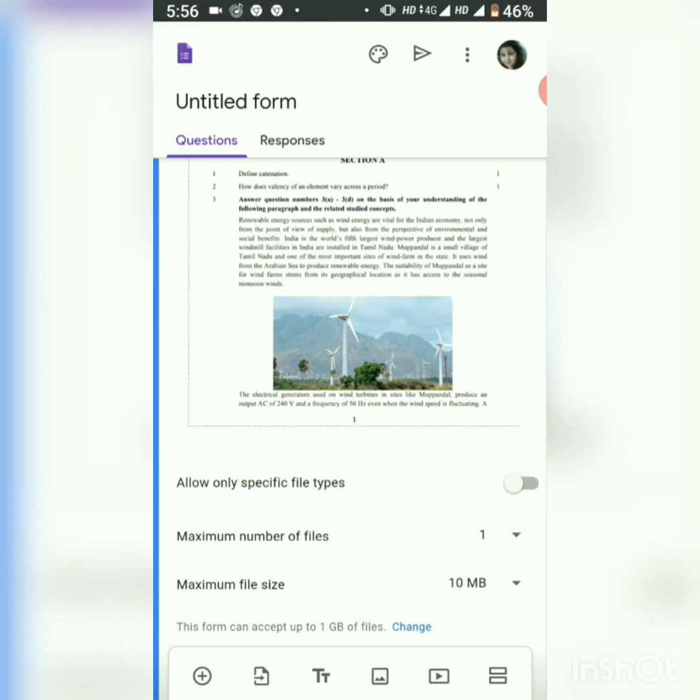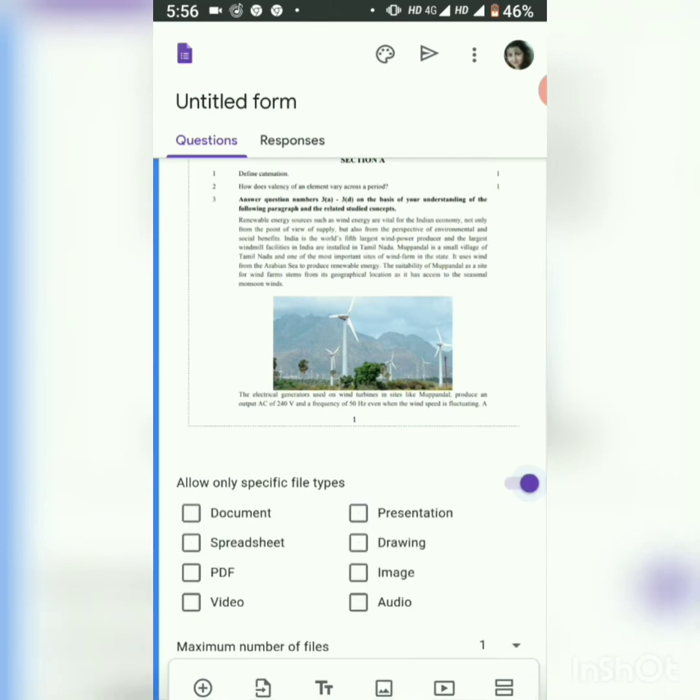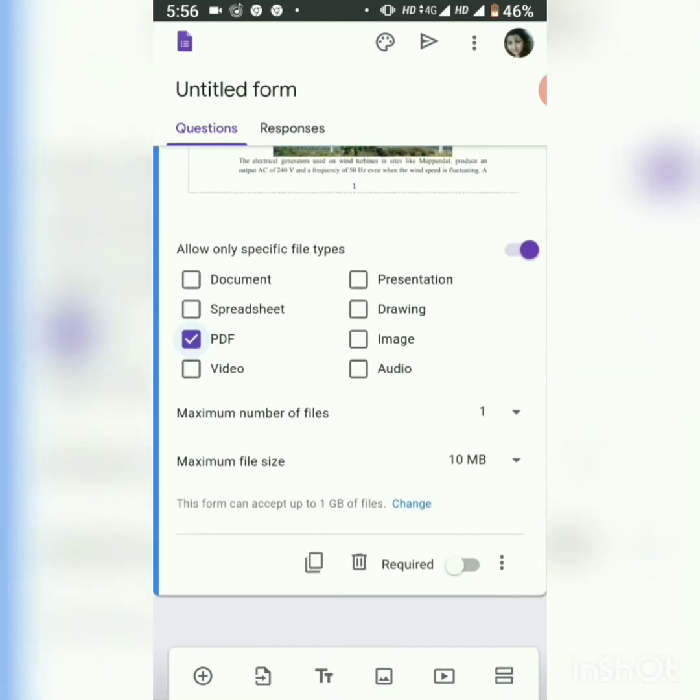So here you press allow only specific file types, click it, and select PDF over here. After that, for maximum number of files, just set the maximum limit, that is 10, so that students do not face any kind of problem. Now for maximum file size, again drop down and select 100 MB.